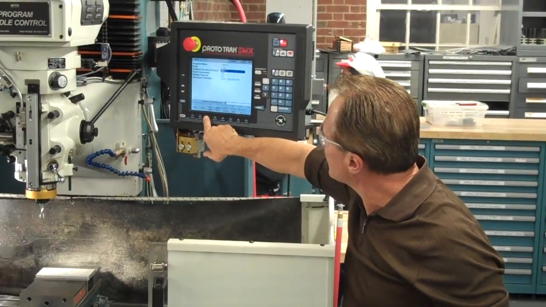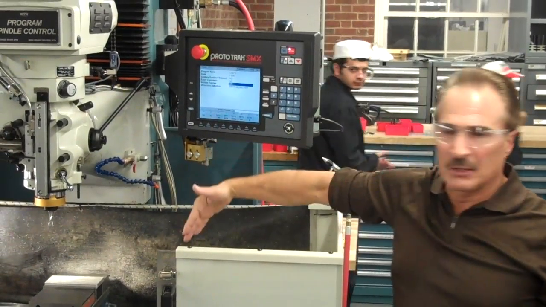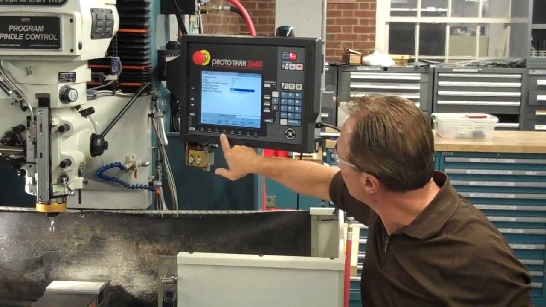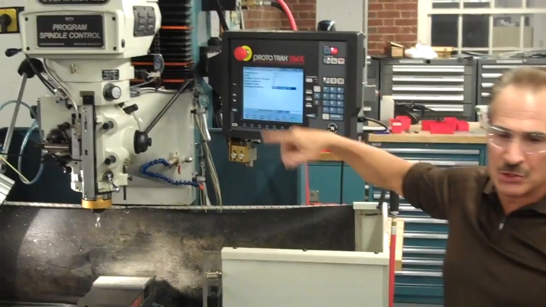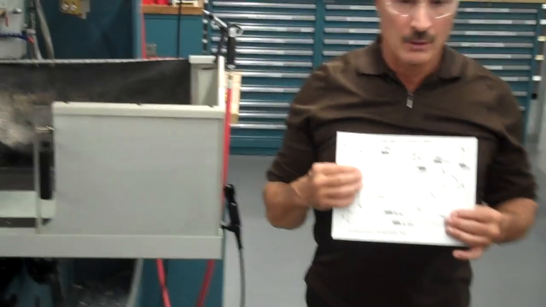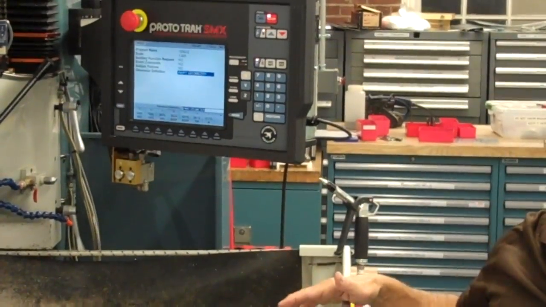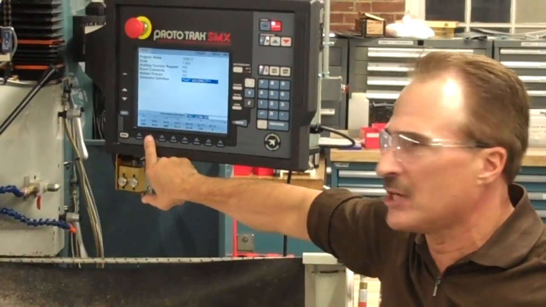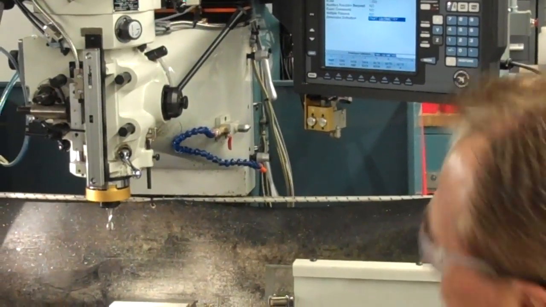There are no auxiliary functions. You can choose to write event comments into a program. You can have multiple fixtures if you had multiple vises on there. And the dimension definition is always going to default to part geometry. When you're programming in conversational format, giving it the blueprint data, the tool information, and the finish cut information, you always want that to be in part geometry. The only time you'll change that and go to toolpath would be if you were importing a 3D surface file and doing more of a G-code format.